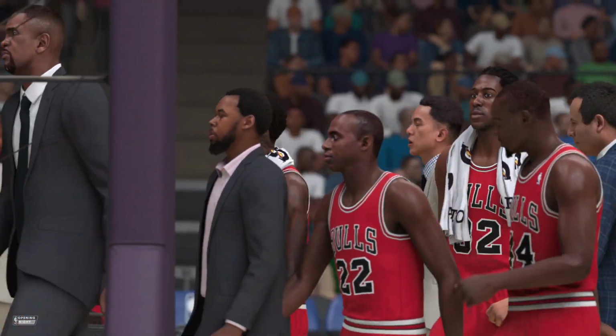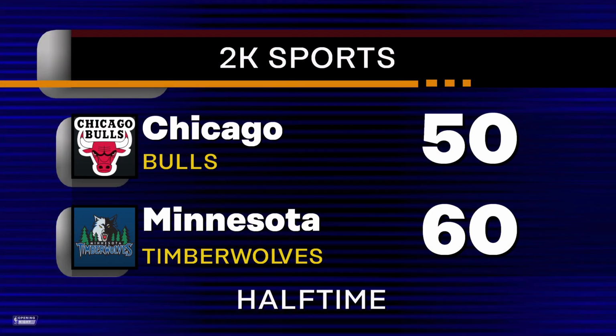And so it's the Minnesota Timberwolves with a 10-point lead. Some breathing room heading into the break. Their shooting has been the big key. Their percentage from the field so far has been...